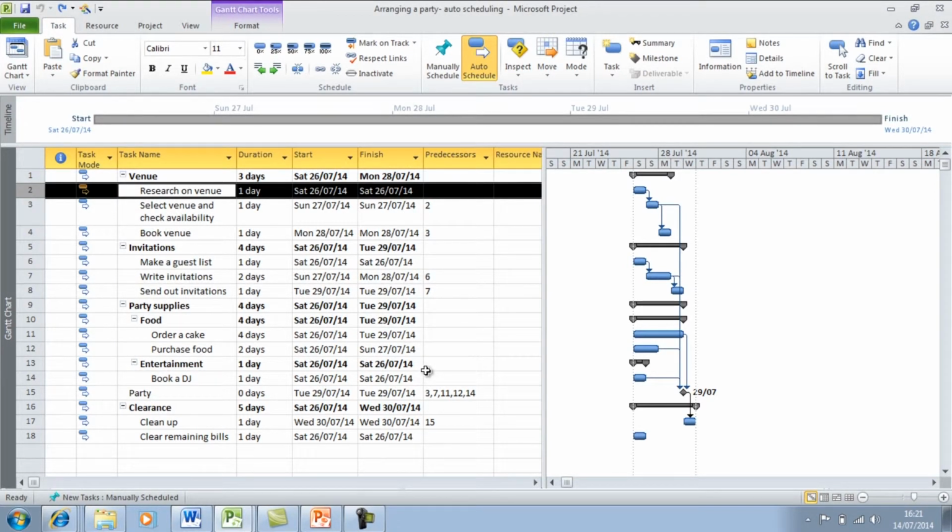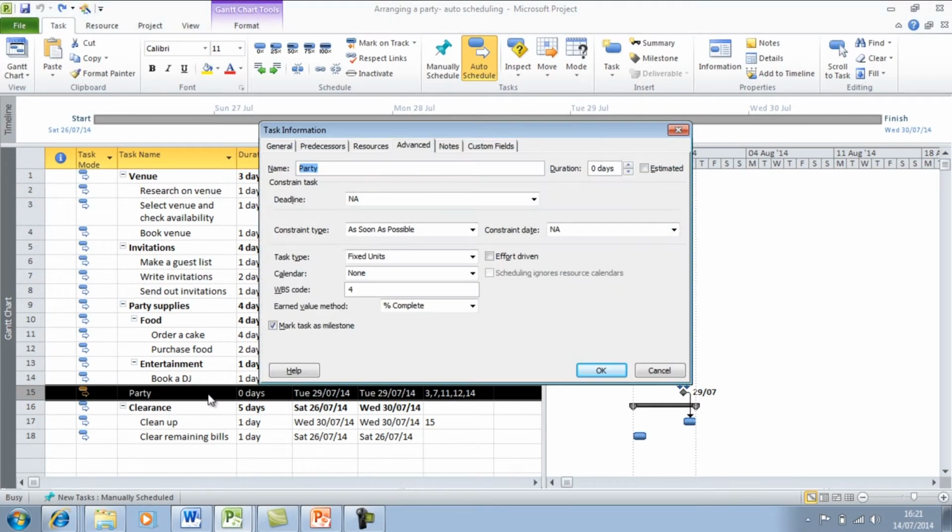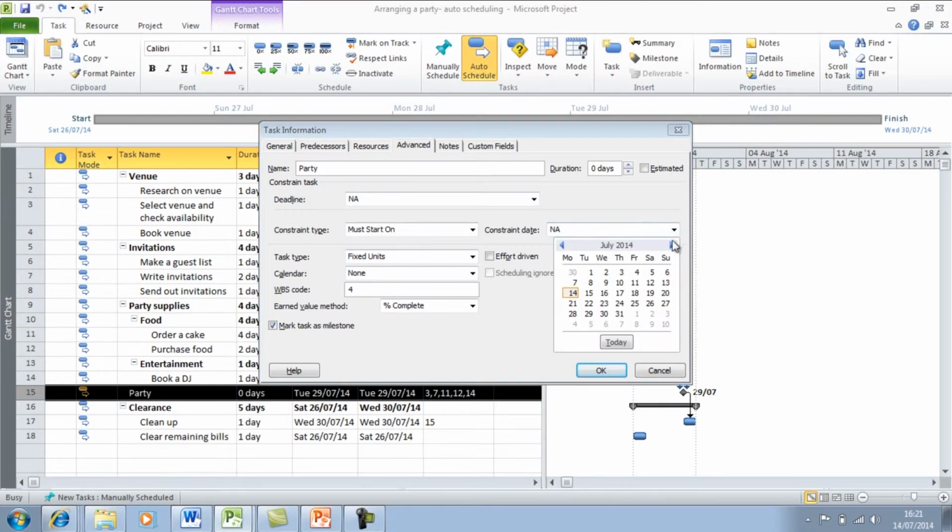If I want to select a different type of constraint, for example, for the party, I want it to start on a particular day, so I'm going to select the constraint type as must start on. And in the constraint date, I select the date I want it to start on